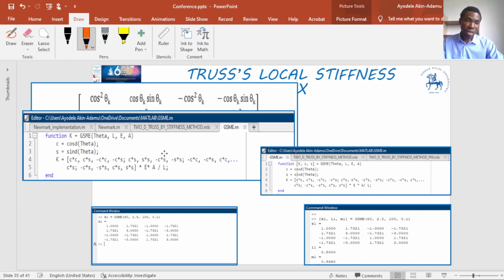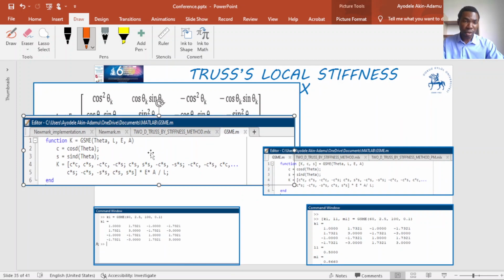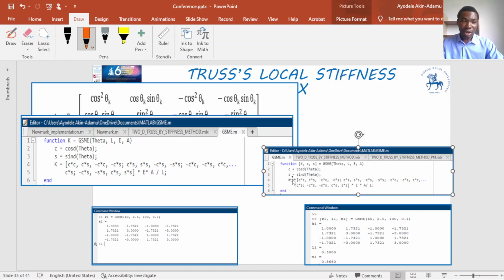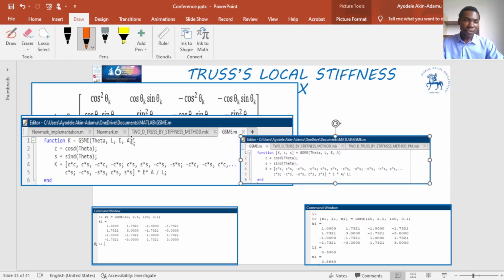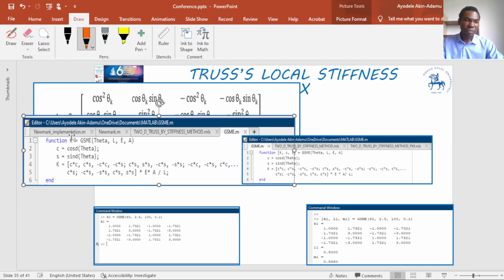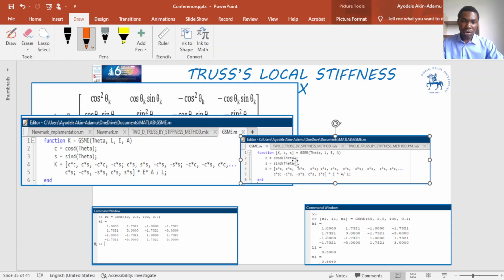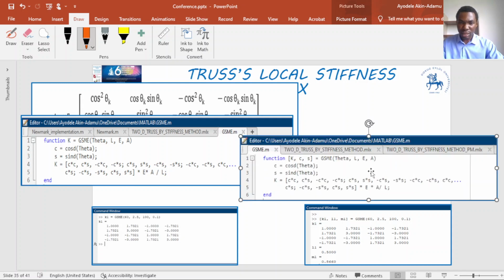I've actually showed you this in my previous video, and in that previous video, I used this function. But because I'm using the normal penalty method, I actually need some parameters here. So I modified this function a bit. I modified the function to give me 3 outputs. Here, the function is only giving me 1 output, k. But I've modified the function in this image here